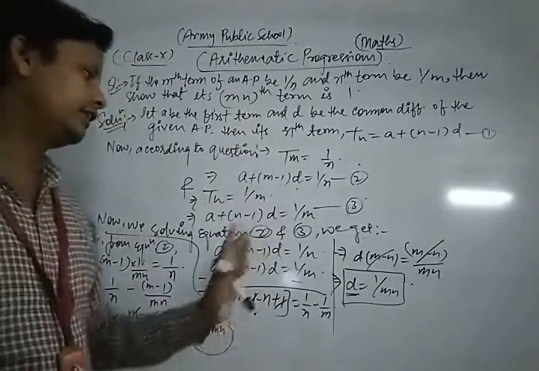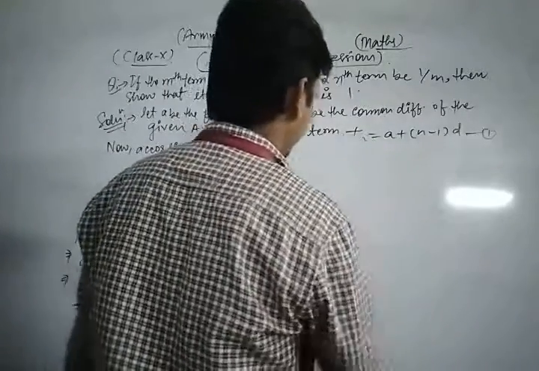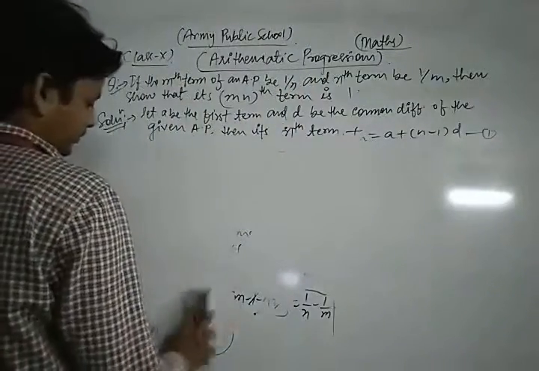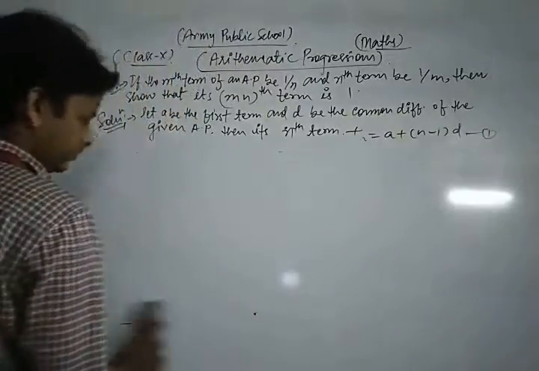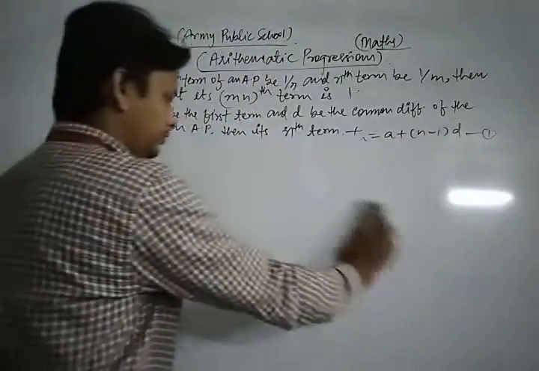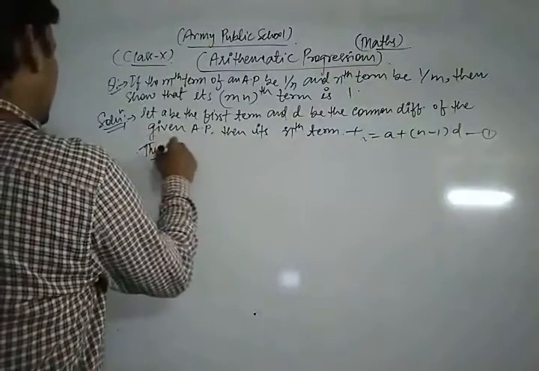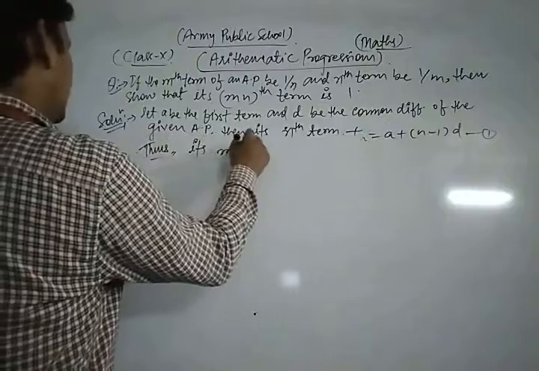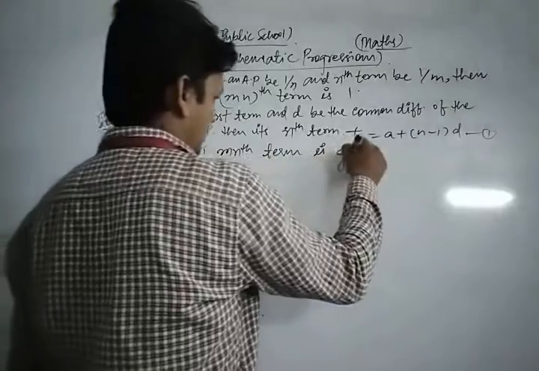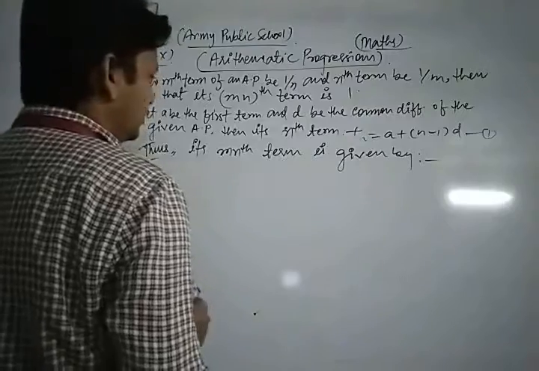Means the value of a and d is the same, that is 1 upon mn. Now look, thus its mnth term